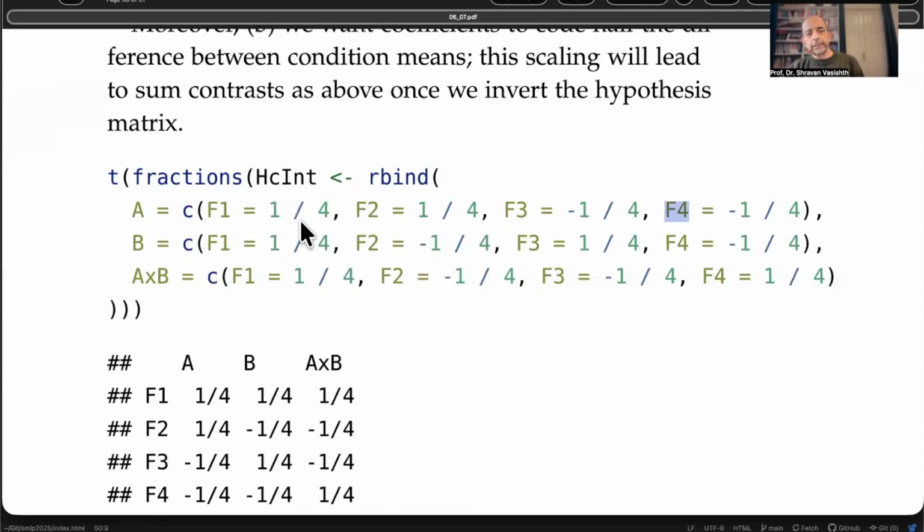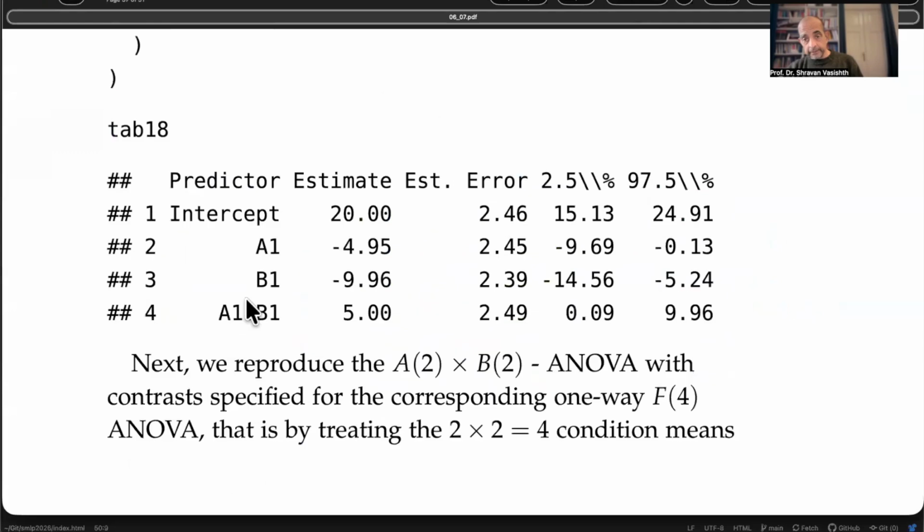So this would be one hypothesis. The other one would be whether the mean of F1 and F3 is different from the mean of F2 and F4. That's the other hypothesis. And the last one is the interaction, which is asking the question,